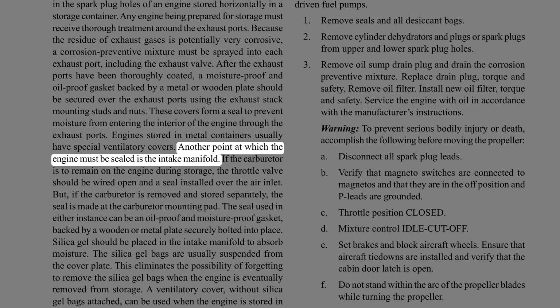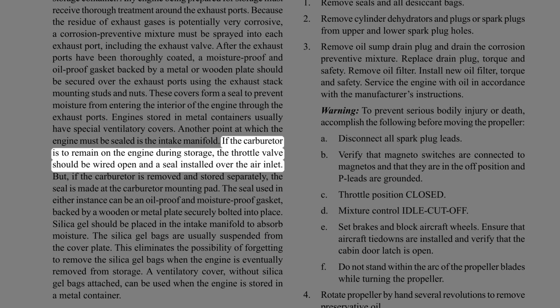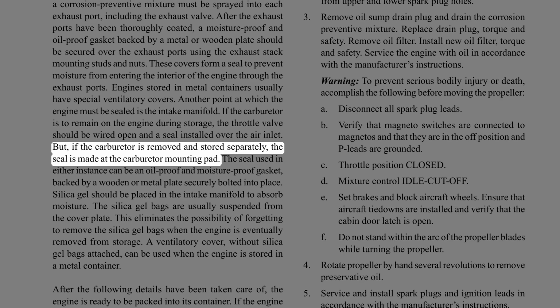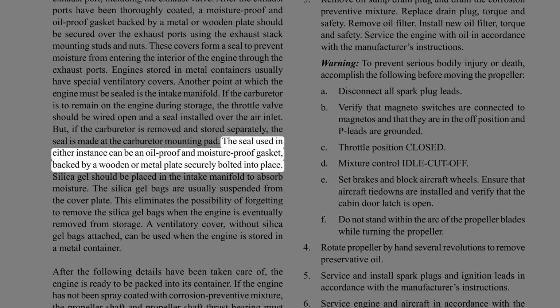Another point at which the engine must be sealed is the intake manifold. If the carburetor is to remain on the engine during storage, the throttle valve should be wired open and a seal installed over the air inlet. But if the carburetor is removed and stored separately, the seal is made at the carburetor mounting pad. The seal used in either instance can be an oil-proof and moisture-proof gasket, backed by a wooden or metal plate